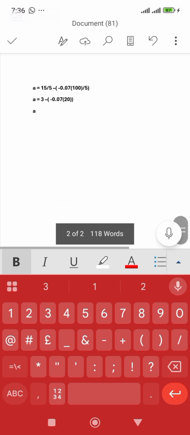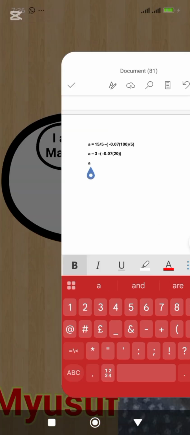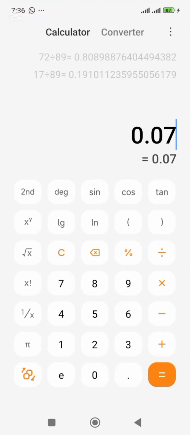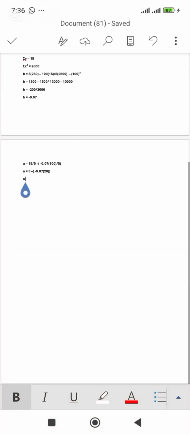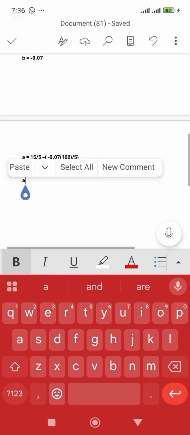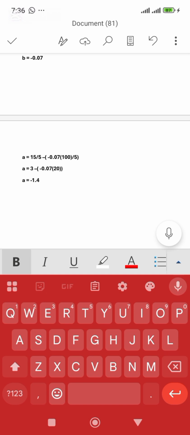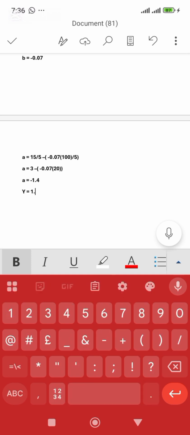So you can see it. Look at the formula very well. It's minus, not times. So a equals, let's do that. 0.07 times 20 that we have there, we'll see it goes 1.4 something. That is it, so 1.4. Which will have minus 3, just 3. Okay, so how do we get the minus 1.4? We have 3 minus